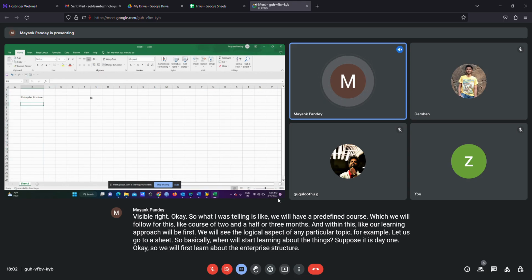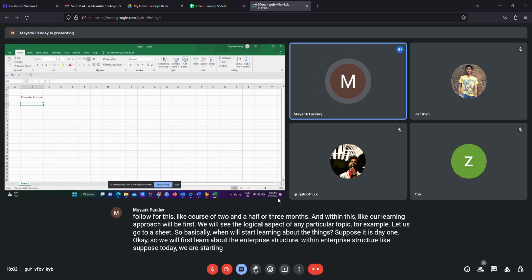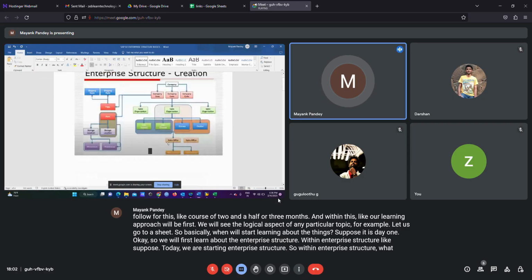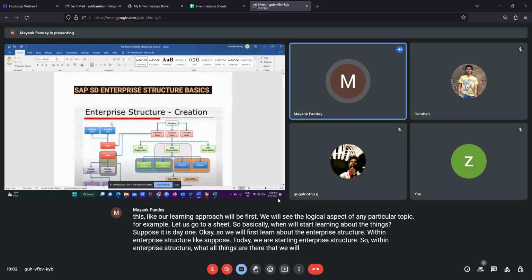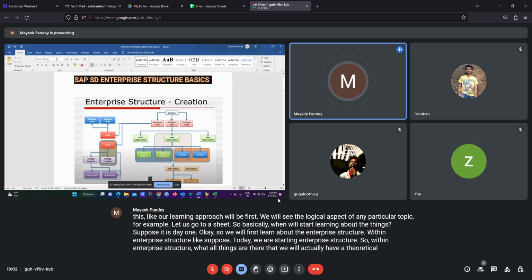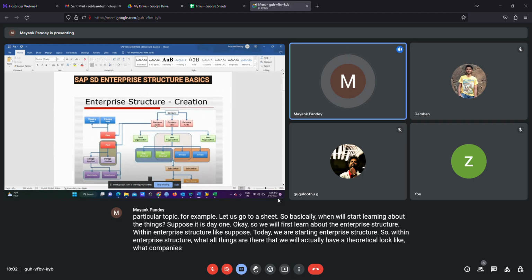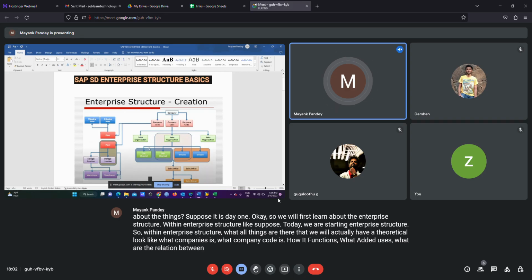Within enterprise structure, we will first have a theoretical look at what a company is, what a company code is, how it functions, what its uses are, and what the relation is between a company and a company code, and so on.